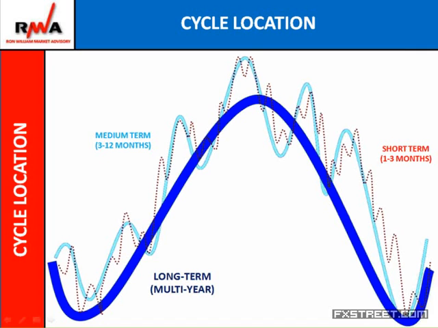But either way, cycles come in threes: long term, medium term, short term. And the easy way of thinking about this is think about the sea, the beautiful sea or the beach, being made up of a tide, waves, and ripples. Each of these different characteristics within the sea impact each other. The tide impacts the waves, and the waves impact the ripples, the very small movement in the water. And that's exactly how cycles impact each other: long term, medium term, and short term. Tide, waves, ripples. Now, why does all of this matter to you?